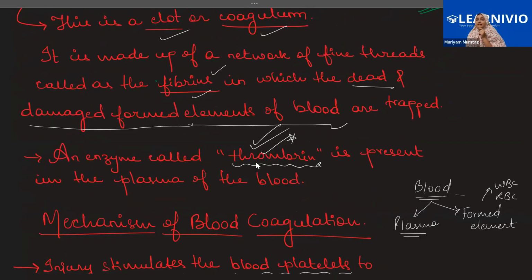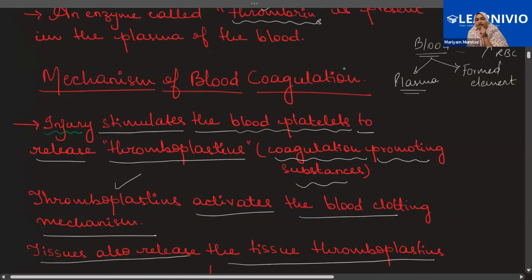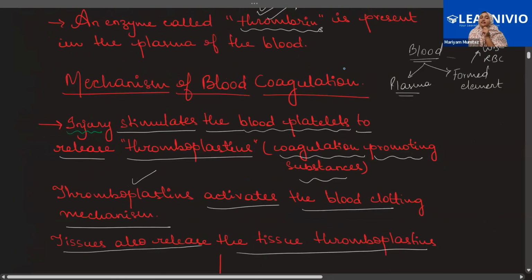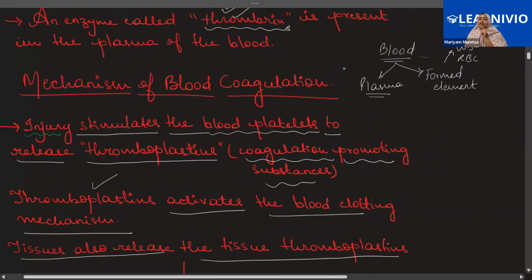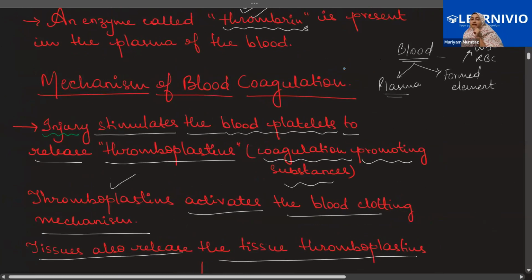Remember, I said that plasma is one of the components of the blood that comprises 55%. This thrombin is present in the plasma of the blood. Okay. Now, what happens during the blood coagulation? Let us see that. Now, whenever there is any injury, any cut, any wound, that stimulates our blood platelets to